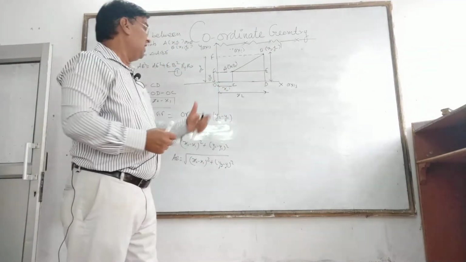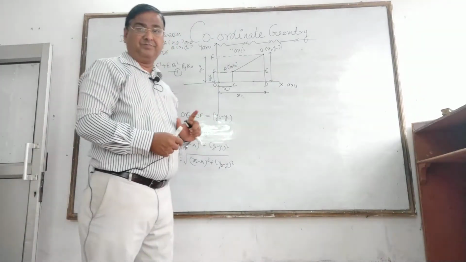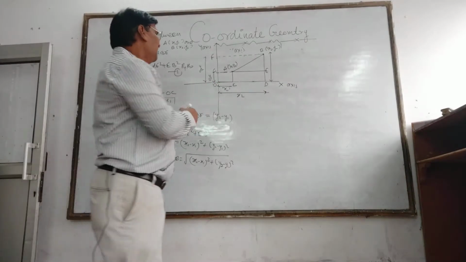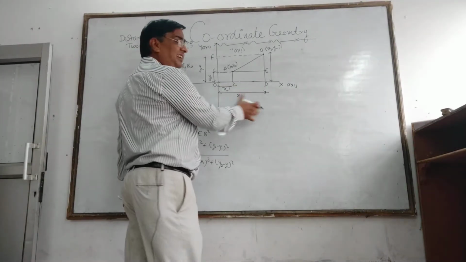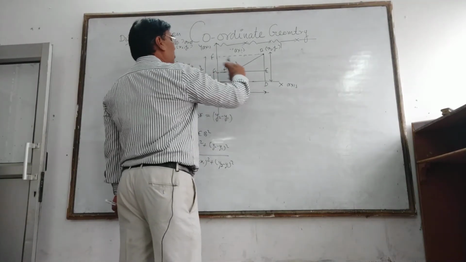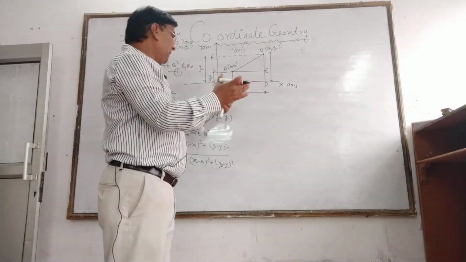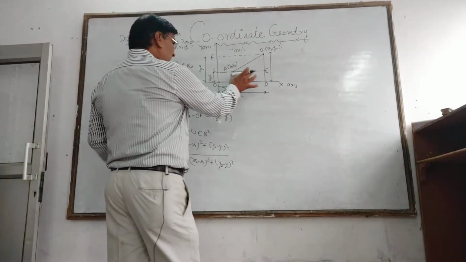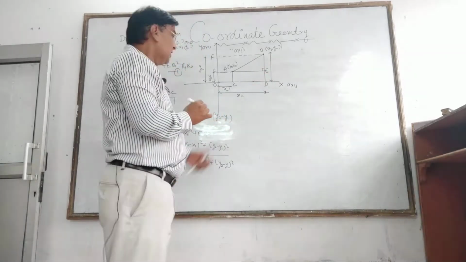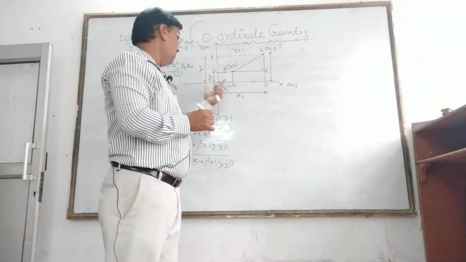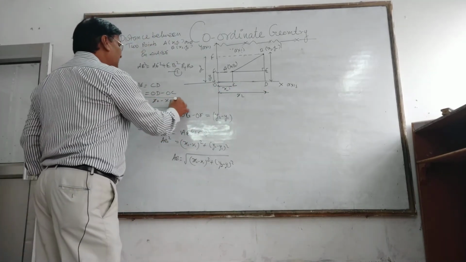Look here again. You have to find the distance between A and B. You already know, you can find the distance OC, that is very easy, x1, and distance OD, that is x2, distance OA, that is y1, distance OF, that is y2. With the help of these coordinates, you can find AE and EB in triangle AEB, that is a right angle triangle. So AE is equal to CD. So you can write OD minus OC, that is x2 minus x1.